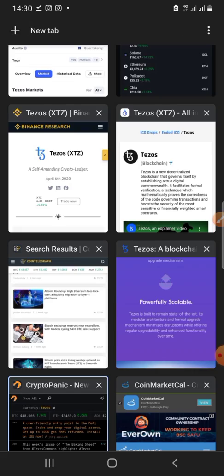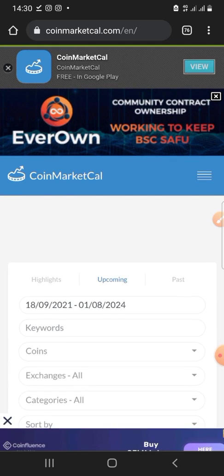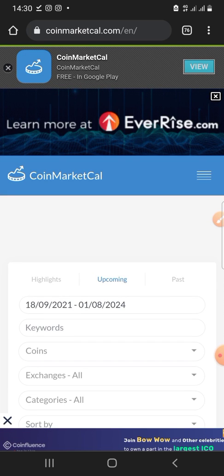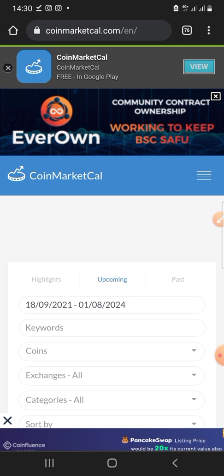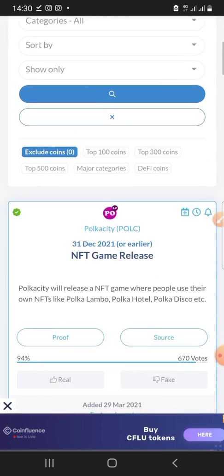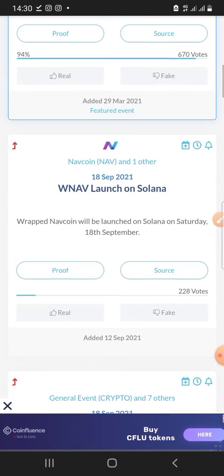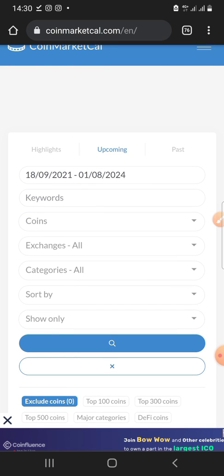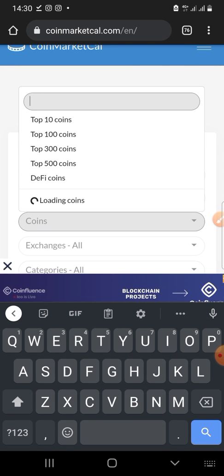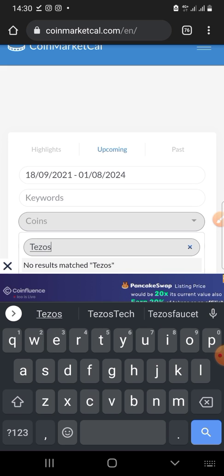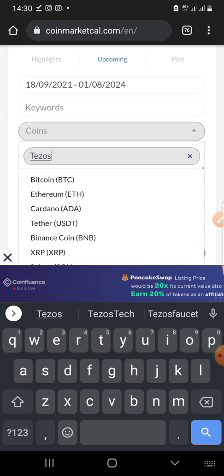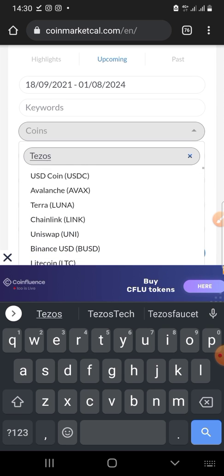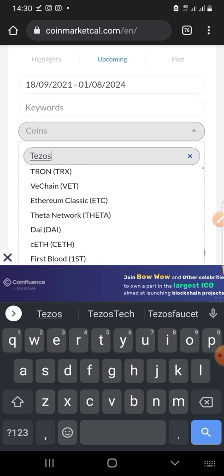And with Coinmarketcal, it keeps you updated on events. Now, events are really, really important in crypto, because an upcoming event can have an effect on the price of a particular cryptocurrency. So you come here, and these are all the events, upcoming events concerning various cryptocurrencies. All right, so you can just search for a particular crypto. In our case here, as I said, our example is Tezos. Whatever projects that you're interested in, just search for it. And let's see, am I going to see Tezos this quickly? All right, so just search for it.